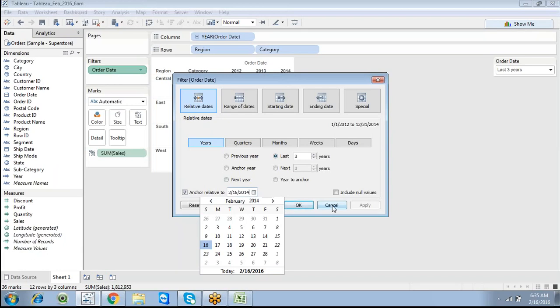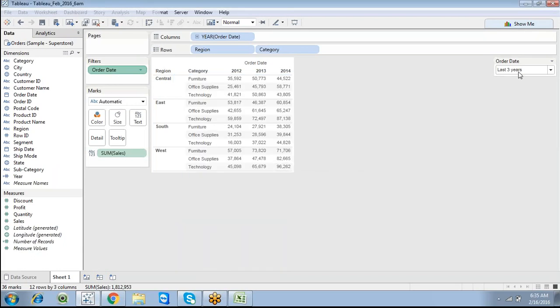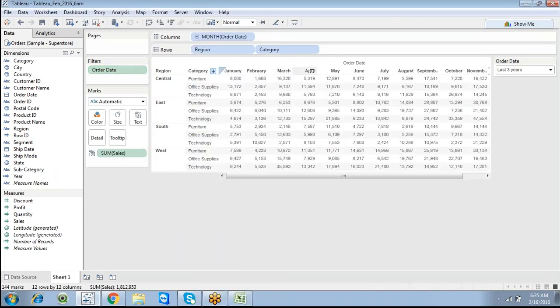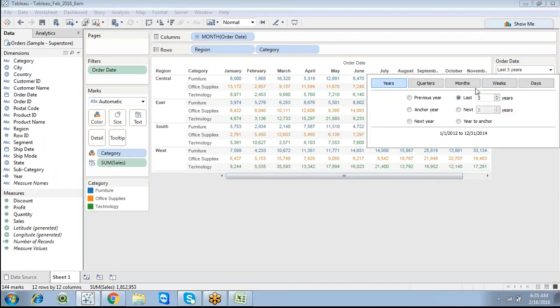But if you want to work quarter wise or month wise, you can change it. Just click on the drop down and select month wise. Now you can see every month's data. So this is simple reporting, this is month wise data. Now in the drop down, you can go with a month filter.